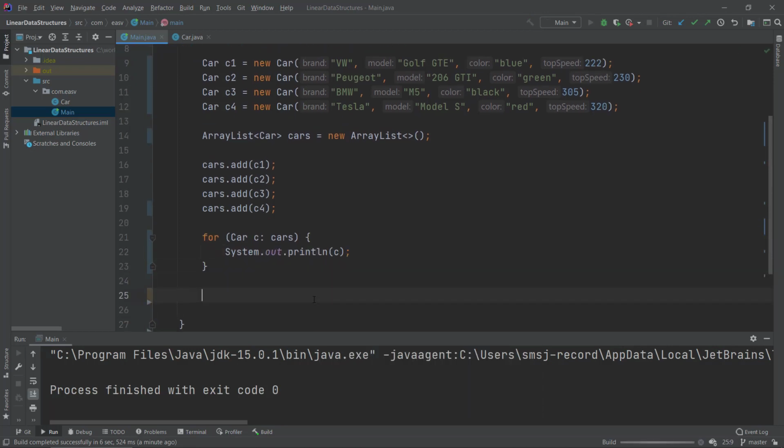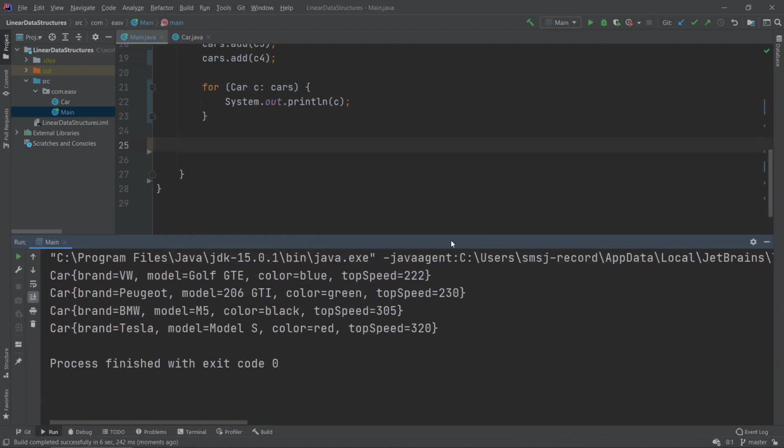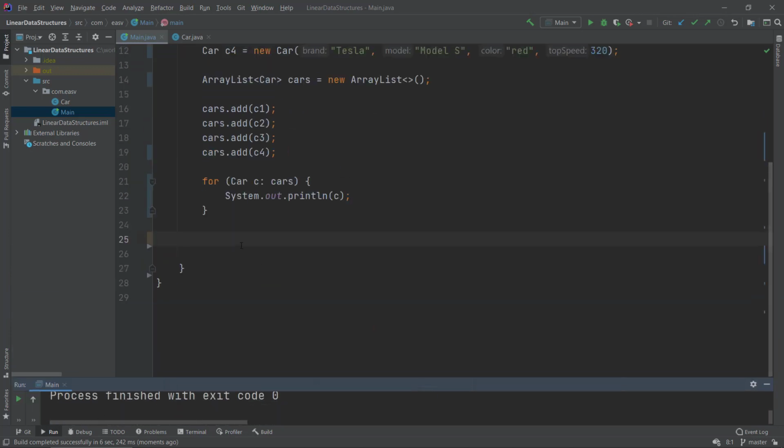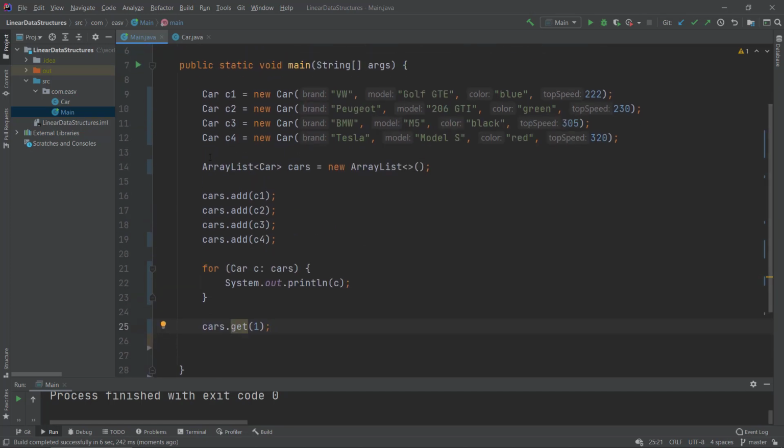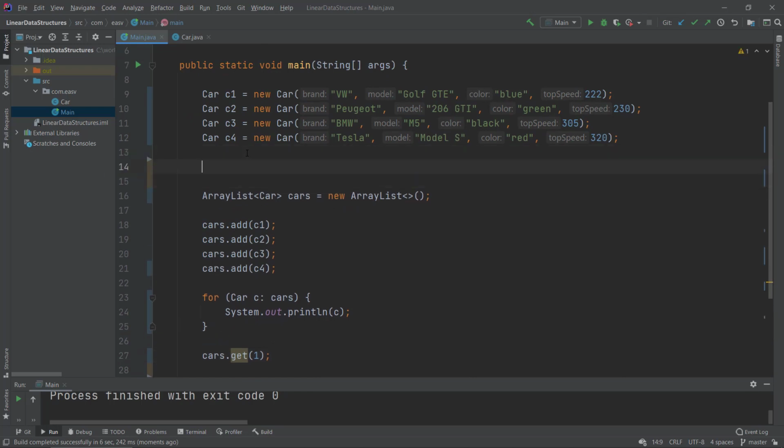So let's build this code here and see what it looks like. Okay, so we can see we get a listing of our cars, of our array list, and we can also do cars.get at some index. So we can apply 1 to get this car from the array list. So it is using an array underneath, and this also means that if we write the time complexities,